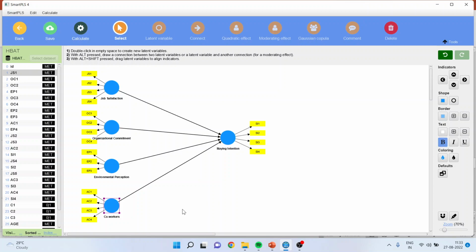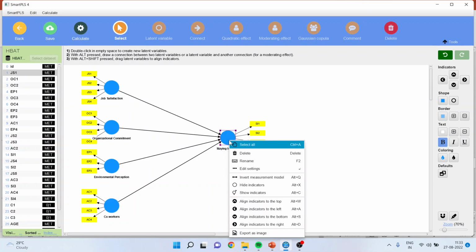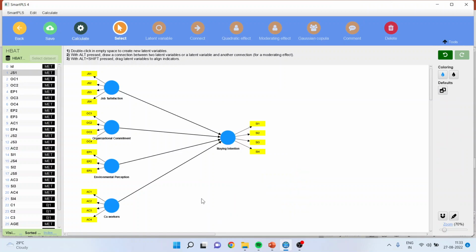In the previous versions of SmartPLS, what we used to do, we used to select any endogenous variable, right click on it, and add a moderating effect. But now this thing is completely absent in SmartPLS-4. So now how can I introduce it? This software has been made so user friendly that to introduce any moderating effect, what you will have to do,